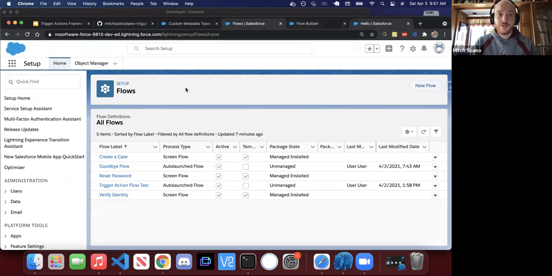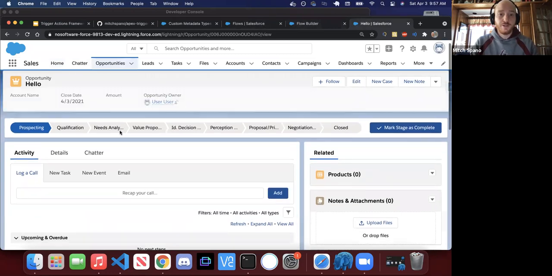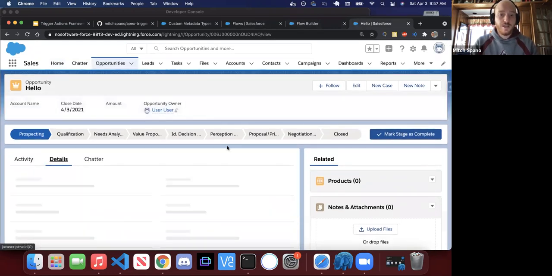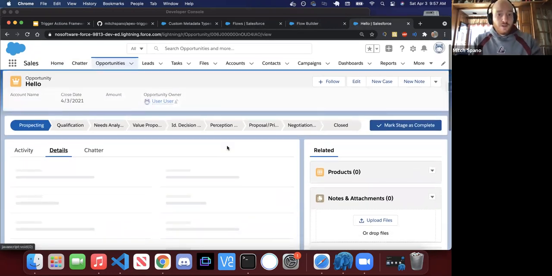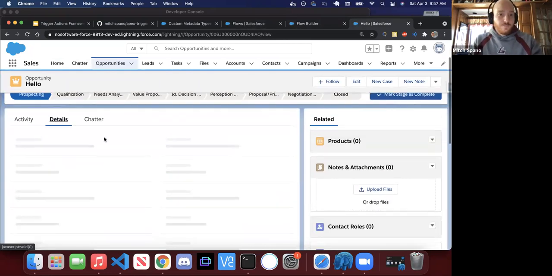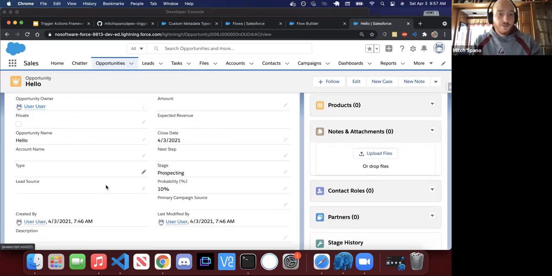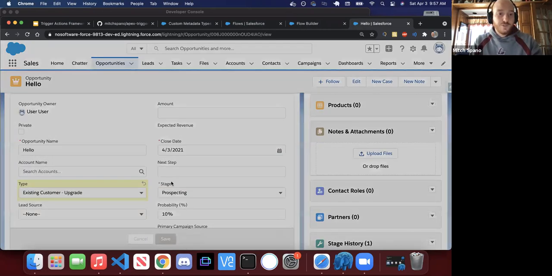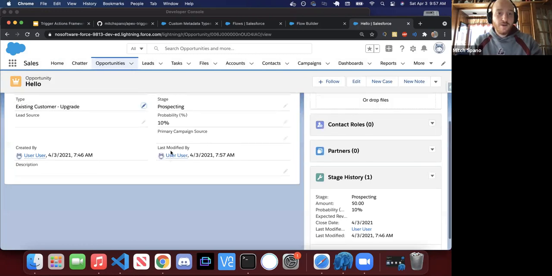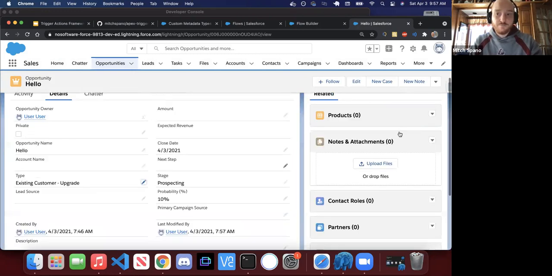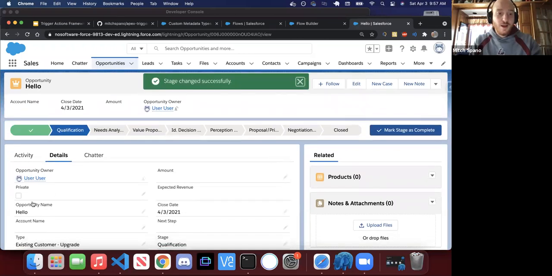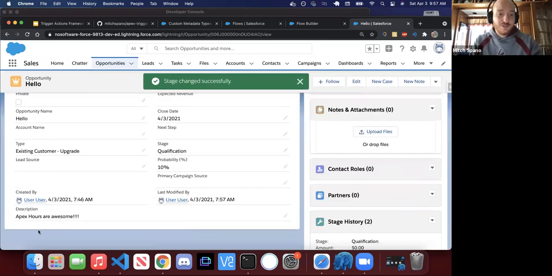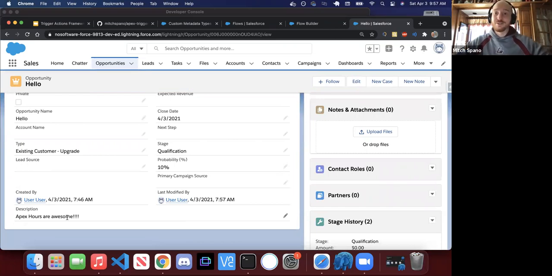Let's go back to opportunities. So here's our hello opportunity. If we take a look at the details, we can update this opportunity. So let's give it a type. We'll save it. We see that it still has no description. However, if I change the stage name, we'll see now we have a default description is set for us